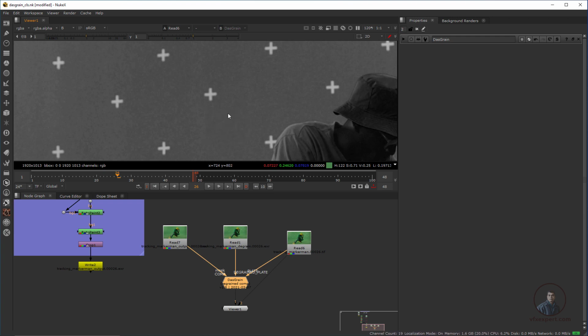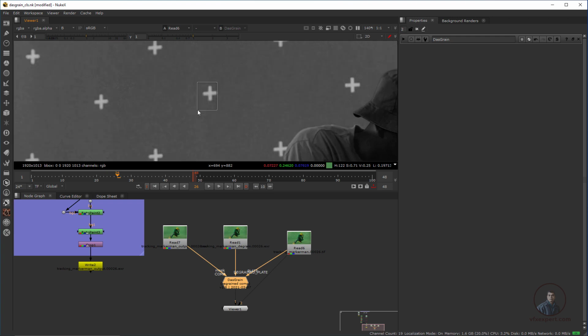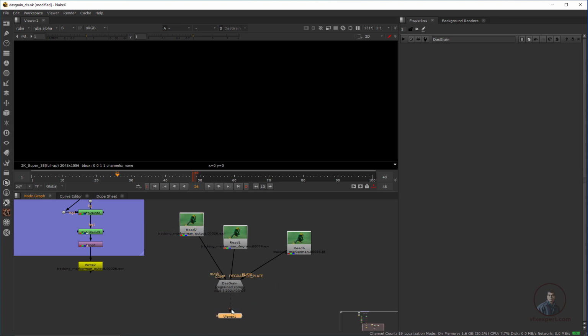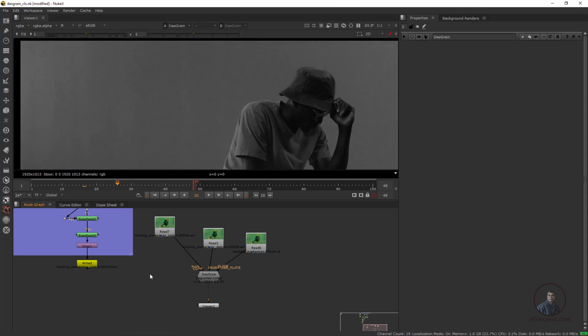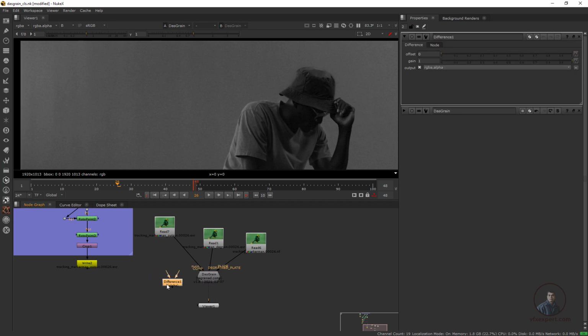So how can we apply grain only on these painted areas or cleanup areas? For this I am going to use the fourth input, this mask input. You can see this one input. Again I am going to connect only this viewer with our direct dust grain here. So now first we have to take a difference node. Press tab and take a difference node. The B input you have to connect with our regrain plate, and the A input you have to connect with your paint work or this output, whatever we have exported from this paint work here.